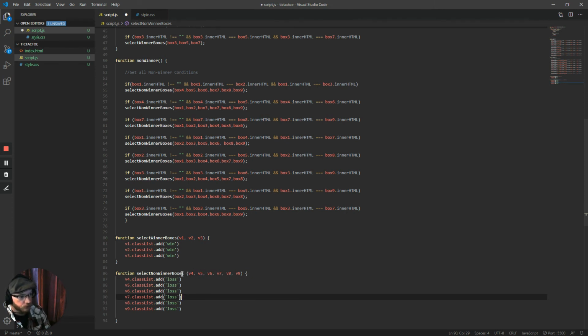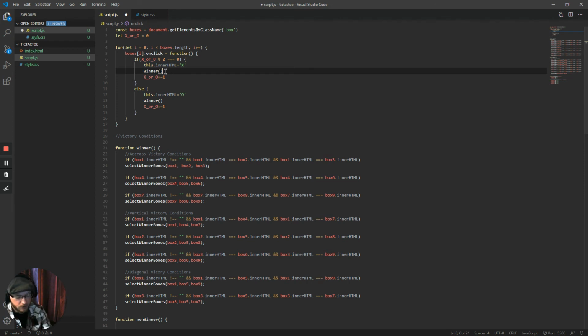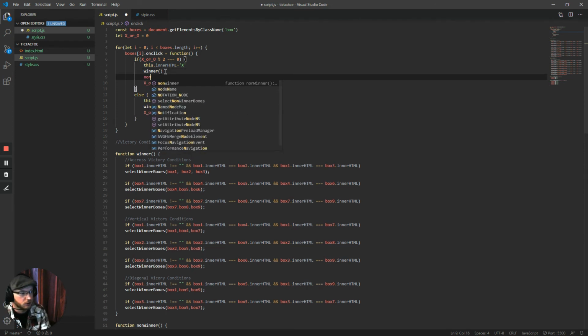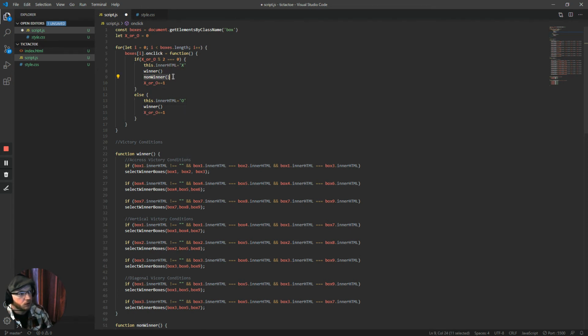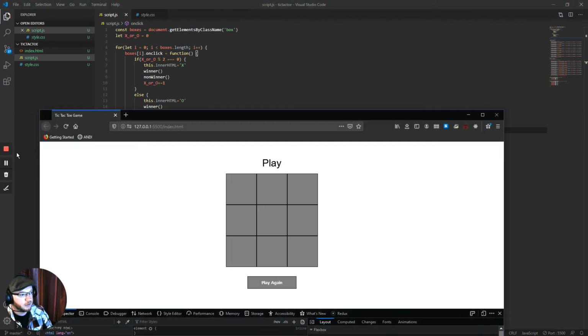And of course, you could name these whatever you want. You could call it A, B, C, D, whatever, as long as you reference it appropriately here as well. So, okay. So we have that. And now what should happen when I run this, of course, is that we also need to run the function non-winner here as well. So we'll say non-winner, and all right. So we're going to run that, and now if I run this again,